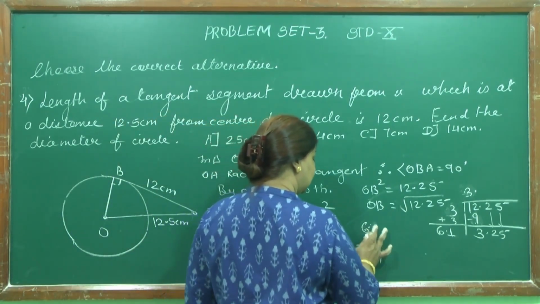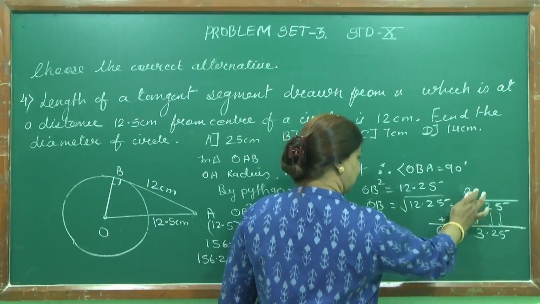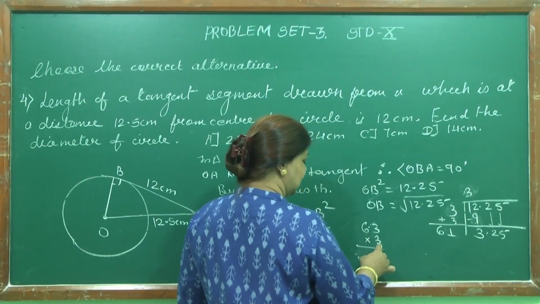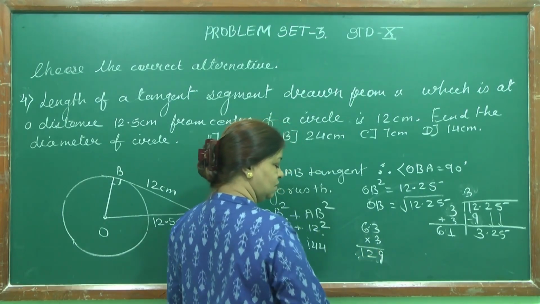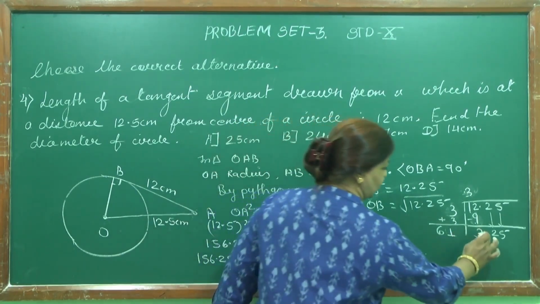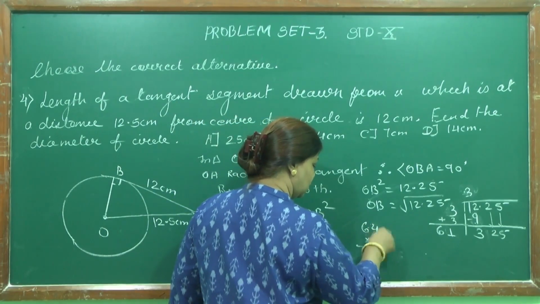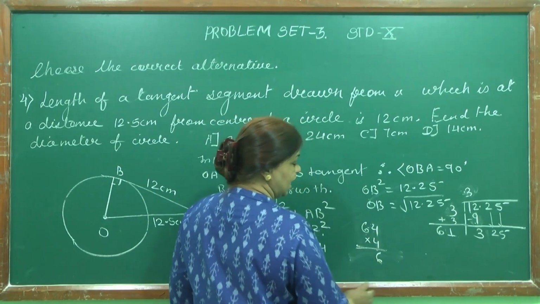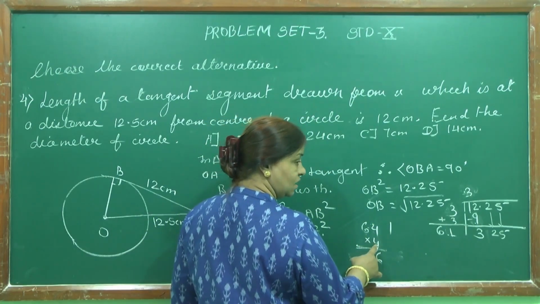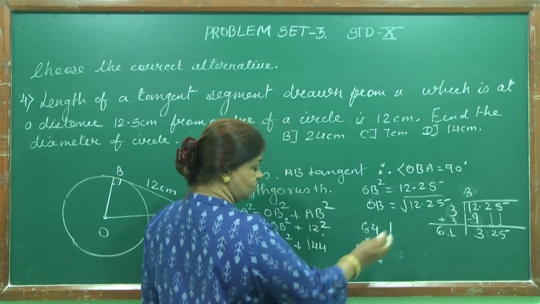Now I will write here 3. That point later on we will see. First only write 3, then multiply by 3. 3 3s are 9, 3 6s are 18, 189. It is too much, just consider it. Then write here 4. If I am writing here 4, I must multiply by 4. 4 4s are 16, carry 1. 4 6s are 24 plus 1, 25, 256, which is very less.